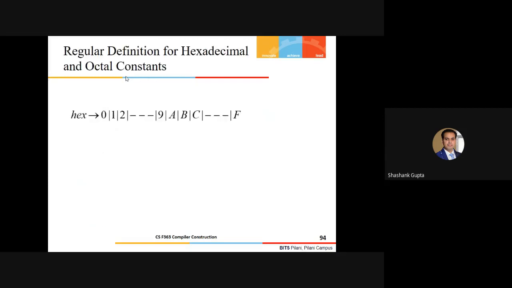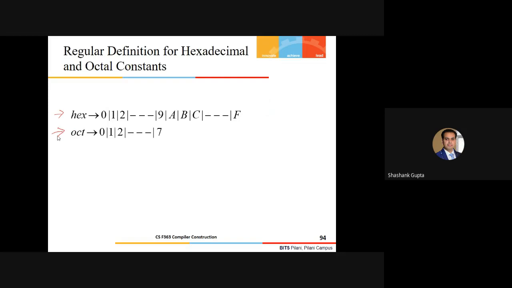So this is the thing I was talking about. We have this regular expression, 0 union 1 union 2 up to union 9, and similarly I can take up to F for hexadecimal digits. I have given a unique name to this, that is hex. From here onwards, whenever I need these digits, I'll always use this name. Similarly, for octal, we have the numbers from 0 to 7, so I can pick any of these digits by using this unique name, that is oct.